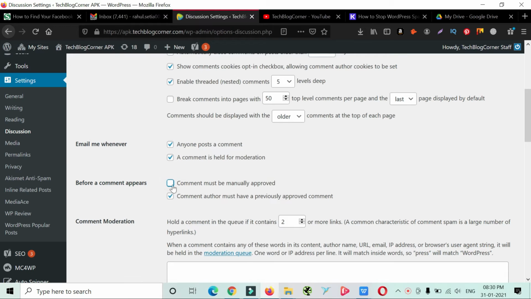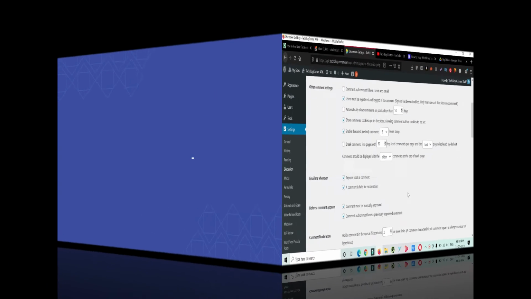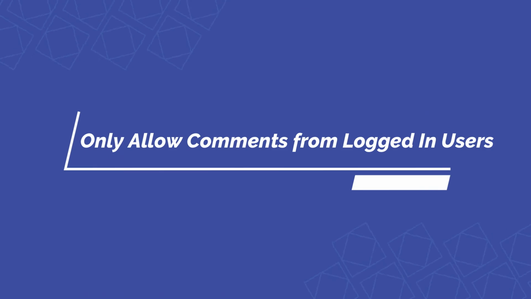If you want to moderate comments from new commenters, then check comment author must have a previously approved comment. To receive an email when a comment is held for moderation, check the email me whenever a comment is held for moderation option.